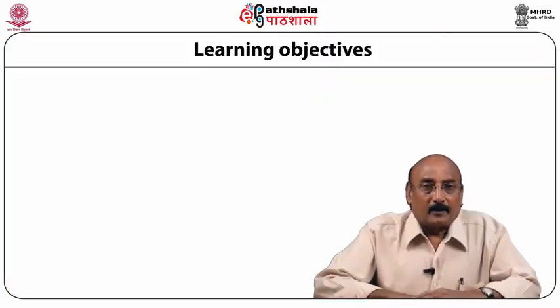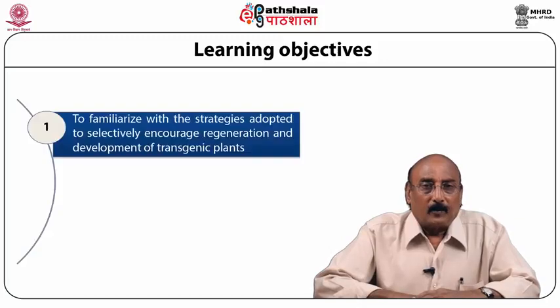Today we are going to discuss a module on the detection, characterization, and expression of transformants. In this, we discuss selectable markers, reporter genes, target stability, and gene silencing under the paper Plant Biotechnology and Crop Improvement. The learning objectives include to familiarize with the strategies adopted to selectively encourage regeneration and development of transgenic plants,